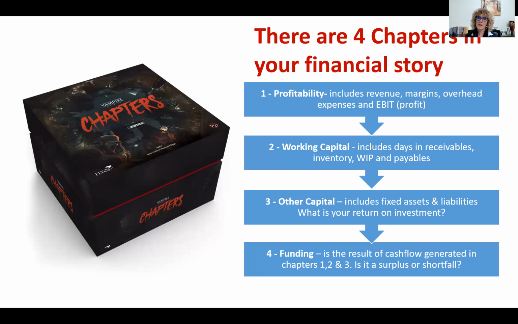And then the final chapter is your funding, all right? So this is the result of the first 3 chapters: your profitability, your working capital, and then your other capital. Now, if you have a surplus, that's really great. That means you're doing everything right, depending on that level of service. It could be just a positive result. But basically, you can use that surplus